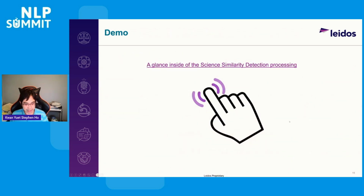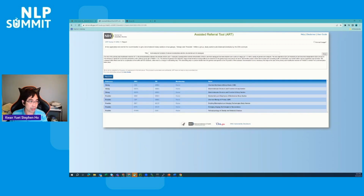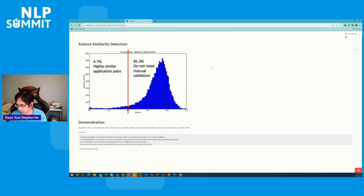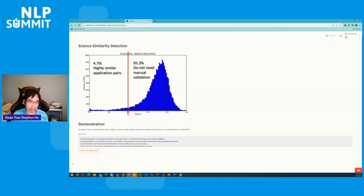So let's do a demo again. So here's, this is not really the UI that they have, because they will receive this information from an email. But this is how I show you how it works. So suppose I have this brand new application document. Okay, so I just put it here for the time being. And then I look through